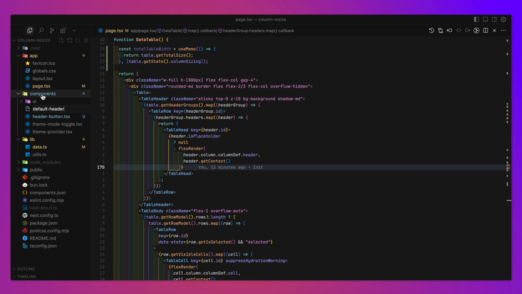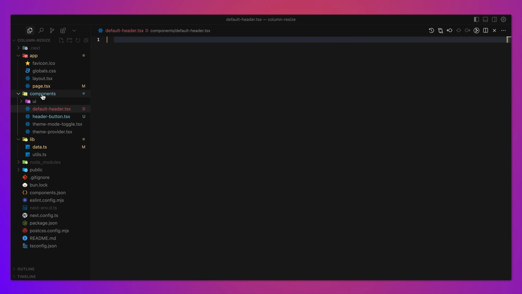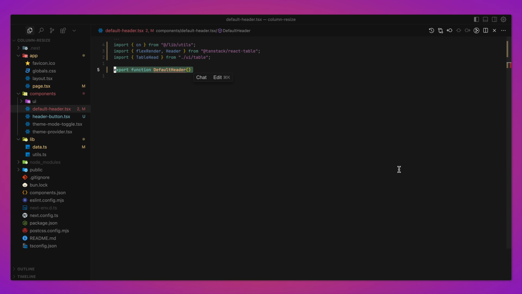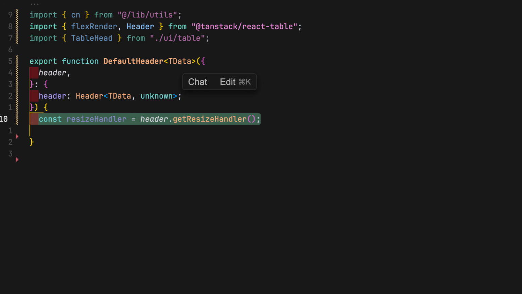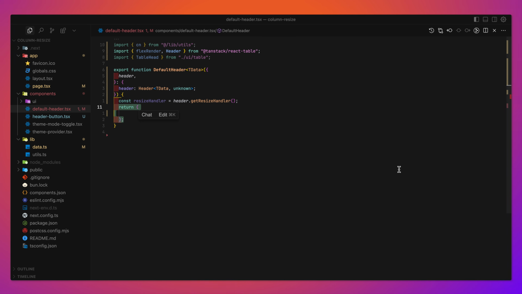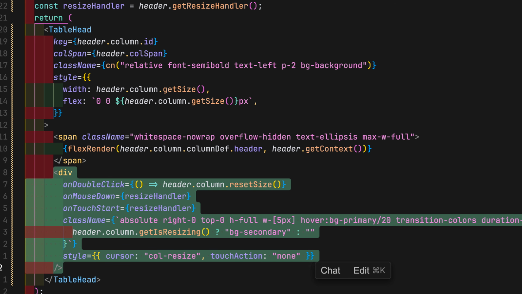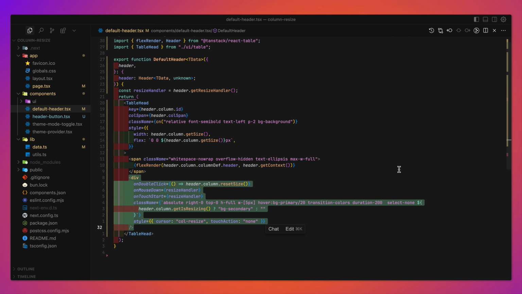Okay, let's create the new header component that will have the ability to resize. We'll need to grab the resize handler from the header, which is provided by TanStack. The resize handler is an event handler that updates the states as well as handles the resize and re-rendering logic. Add the resize handler to the onMouseDown and onTouchStart events inside the div that will act